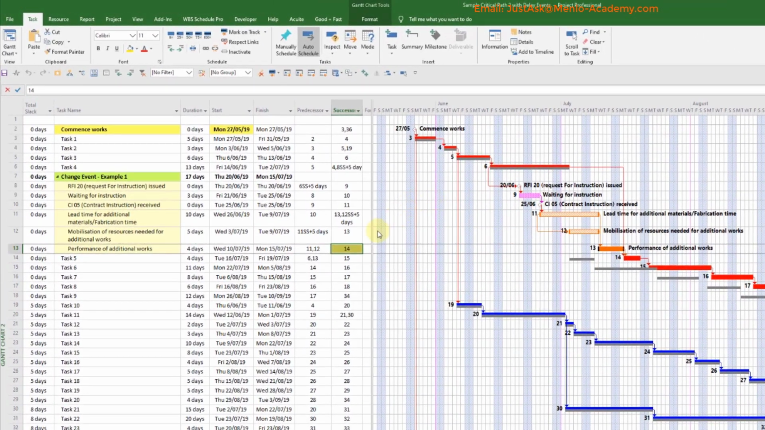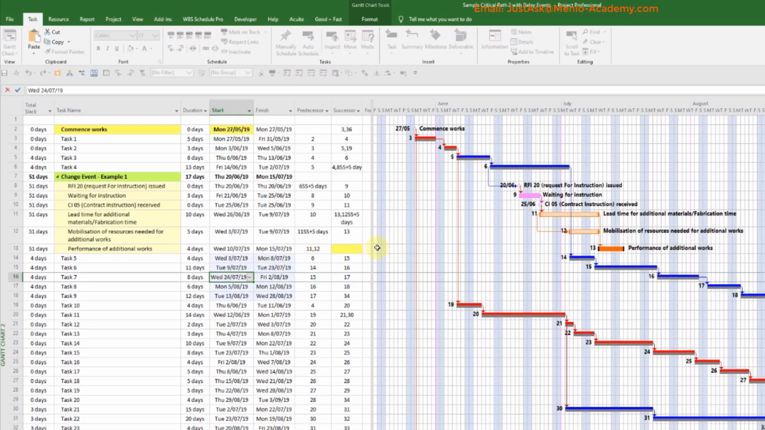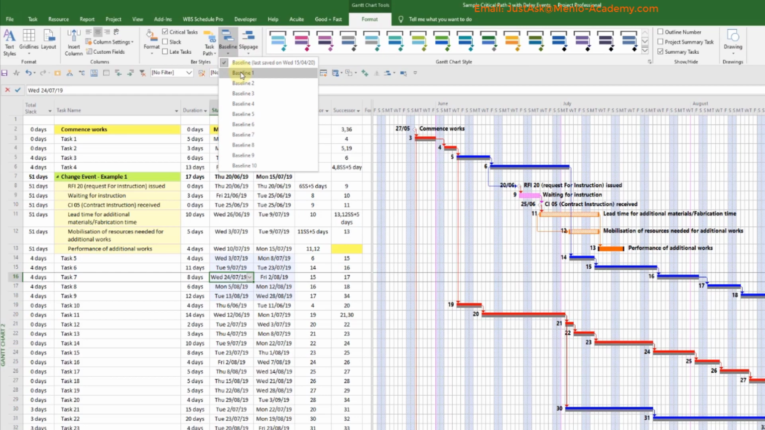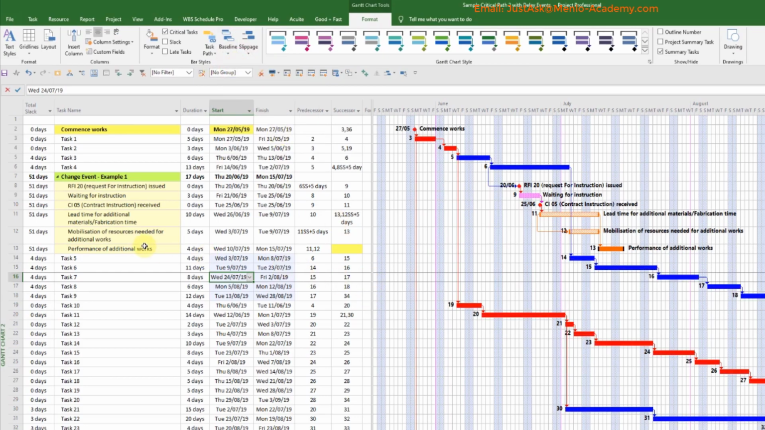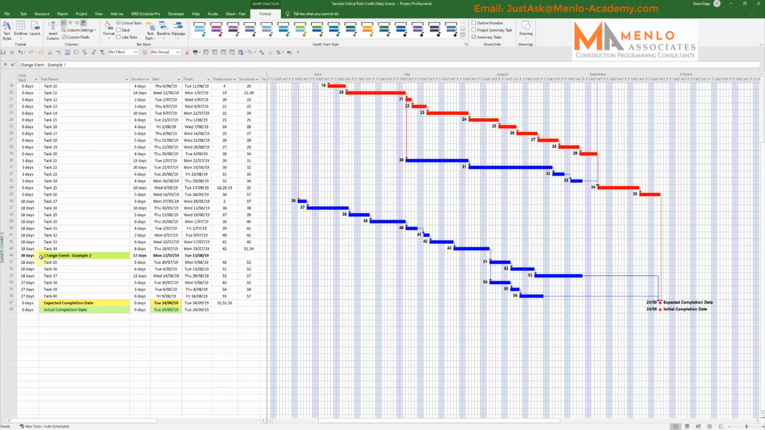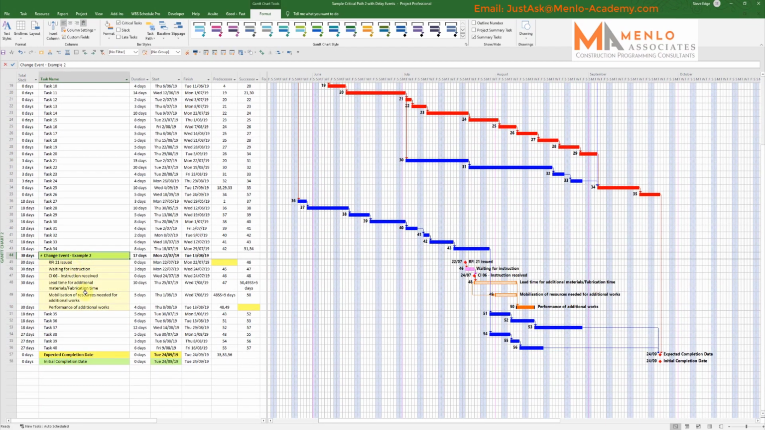Now if I just reset this to take it back to our starting point, and I'll turn off the baseline again and close this up, then we'll have a look at this second example. And the second example is very, very similar. A number of days into this task,